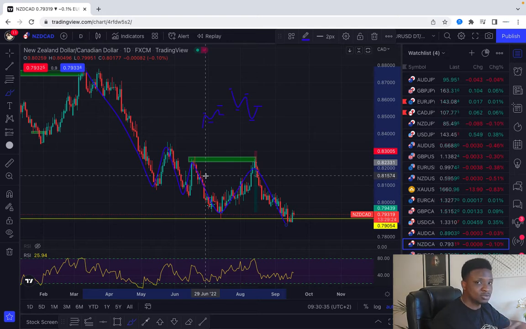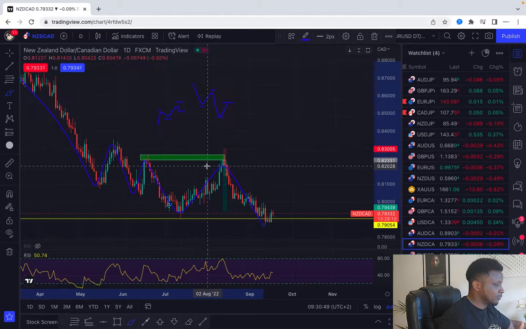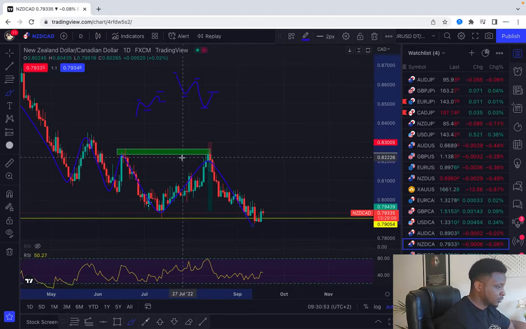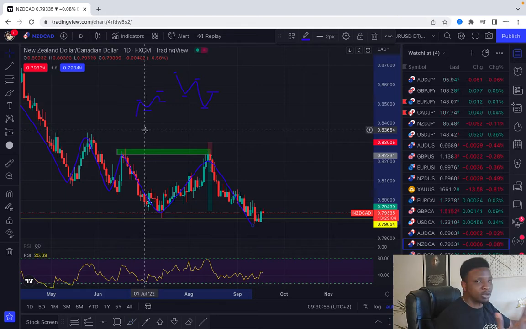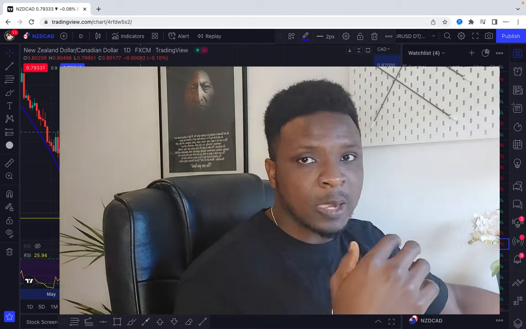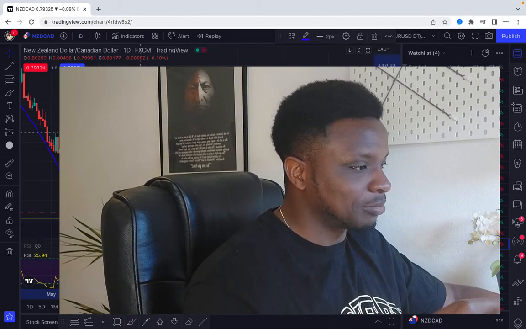So you have to be able to adapt to these environments, right? As soon as you've identified what the market is doing, so you've identified what the trend is, the next thing you need to identify is where the market is most likely to reverse. Now, this is where support and resistance comes in. Some people call it order block, some people call it supply and demand. It's the same concept. I'm sure someone's going to argue in the comment section that it's different, but for me